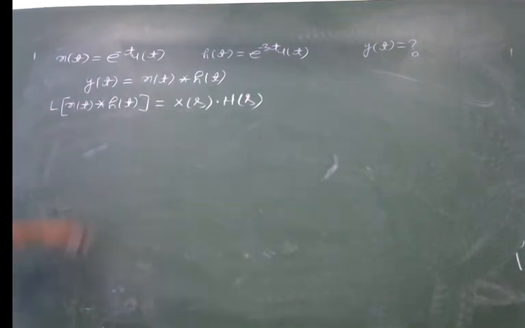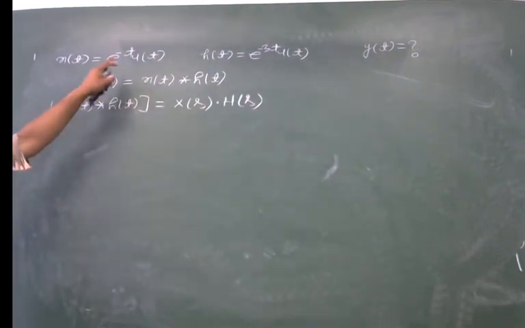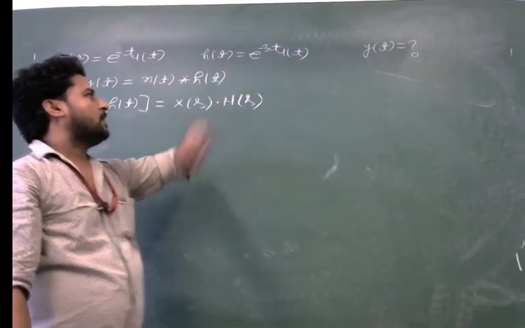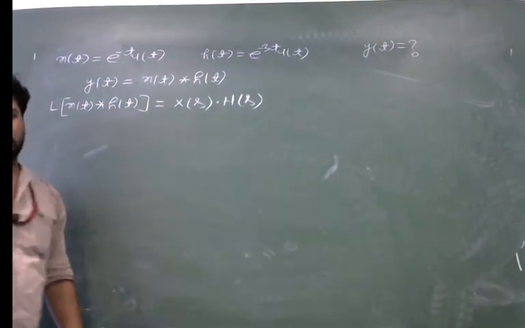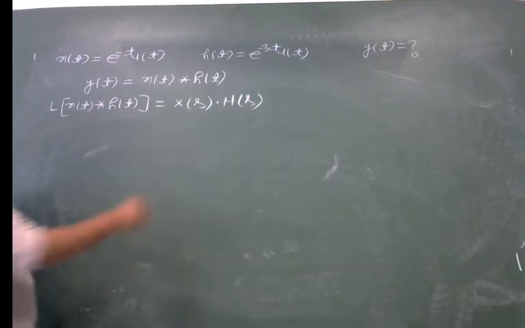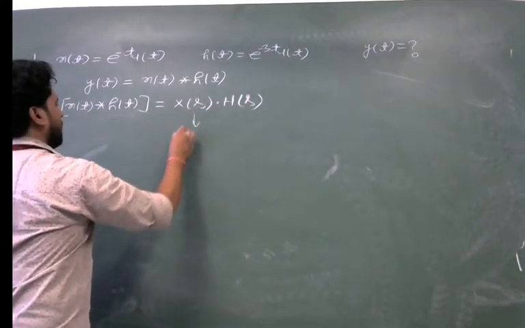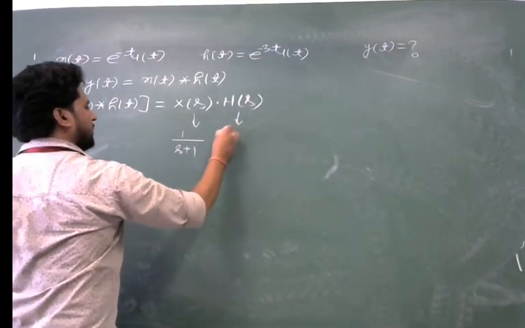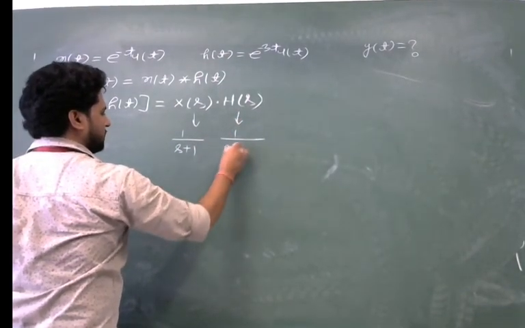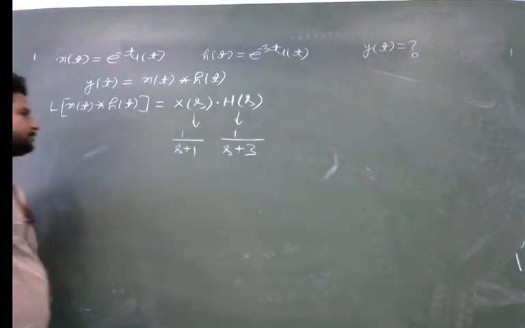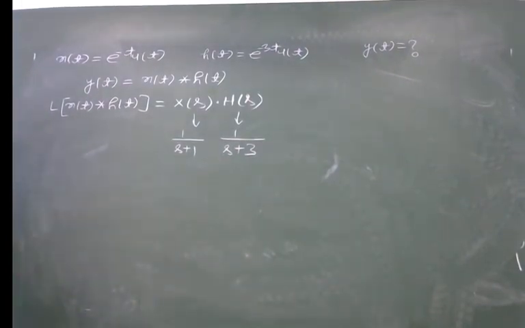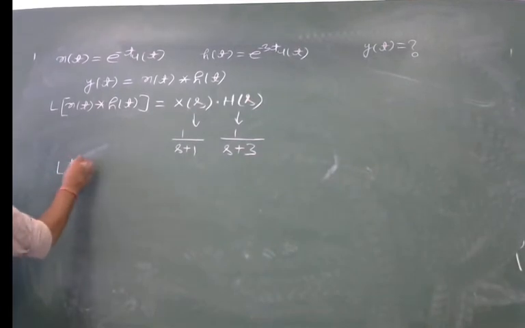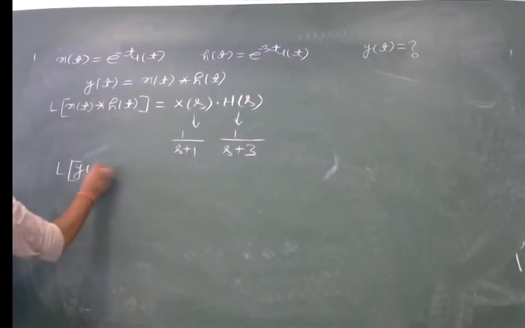X(s) is the Laplace transform of e^(-t) u(t) and H(s) is the Laplace transform of e^(-3t) u(t). So X(s) will be equal to 1 upon s plus 1 and H(s) will be equal to 1 upon s plus 3. We have to multiply these two. So the Laplace transform of y(t) will be equal to